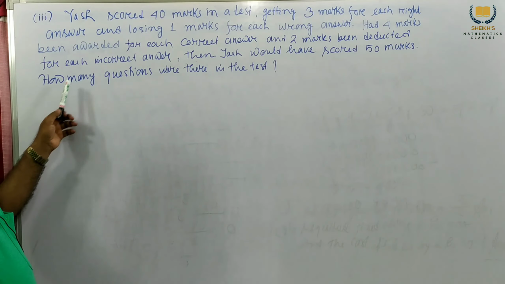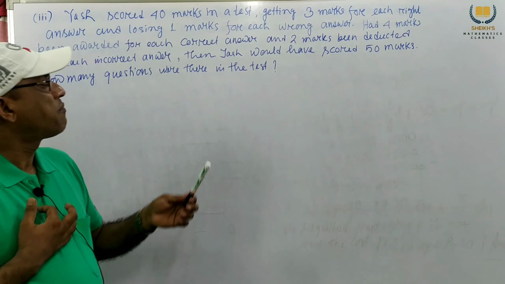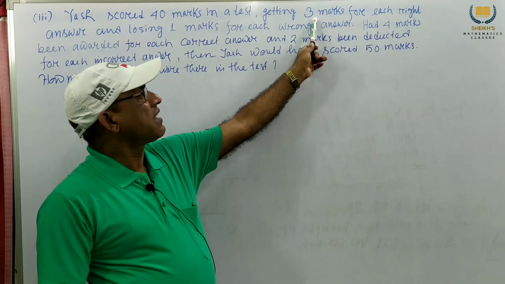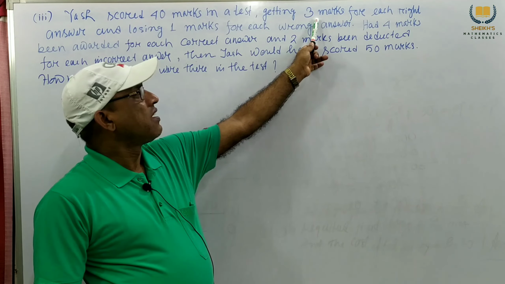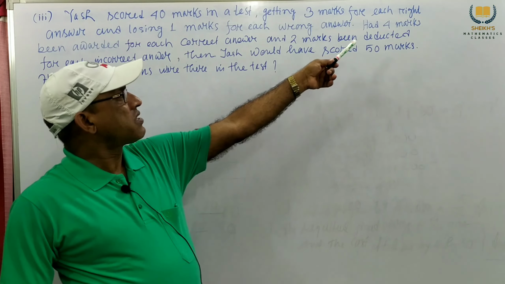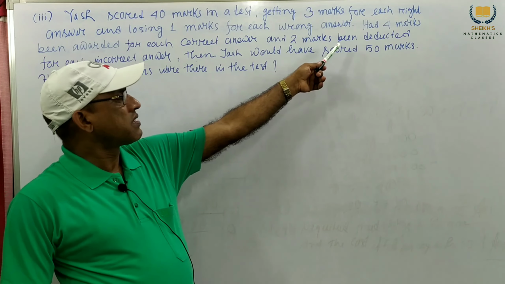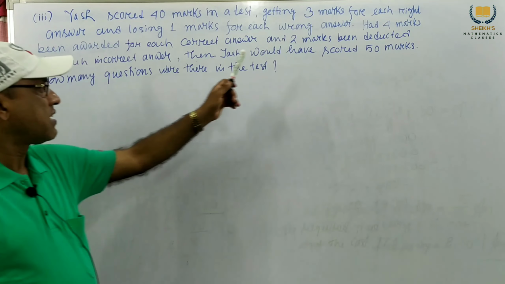Very interesting problem. So if the answer is correct, then he will be awarded 3 marks, and a wrong answer means deduct 1 mark, and then he gets 40 marks. Again, 4 marks awarded for a correct answer and 2 marks deducted for a wrong answer, then he scored 50 marks. Now how many questions were in the test? This is our problem. Now solution: